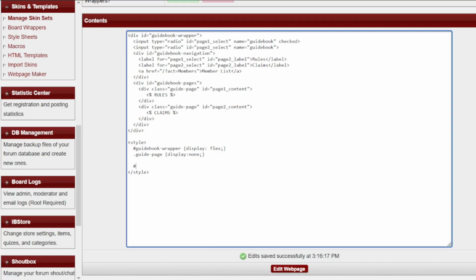Once you have it as a reference, then it's just copy and change the IDs. You don't have to necessarily memorize the syntax. But we're going to start with, so if we have page ID, page 1 select, and it is checked,